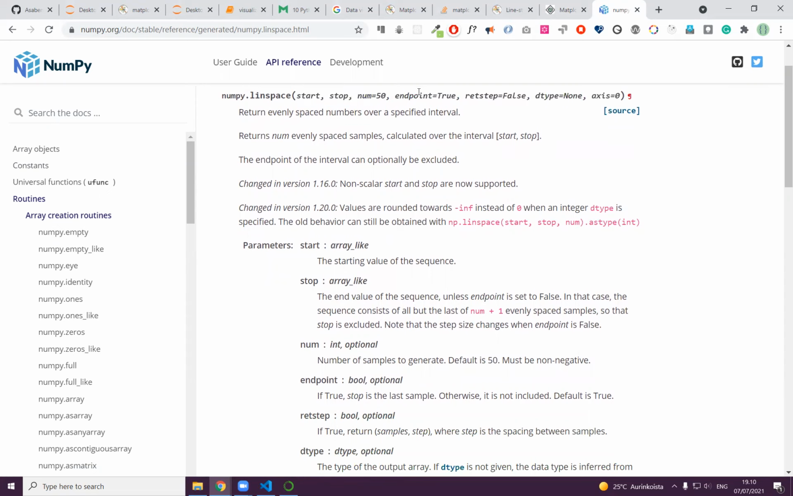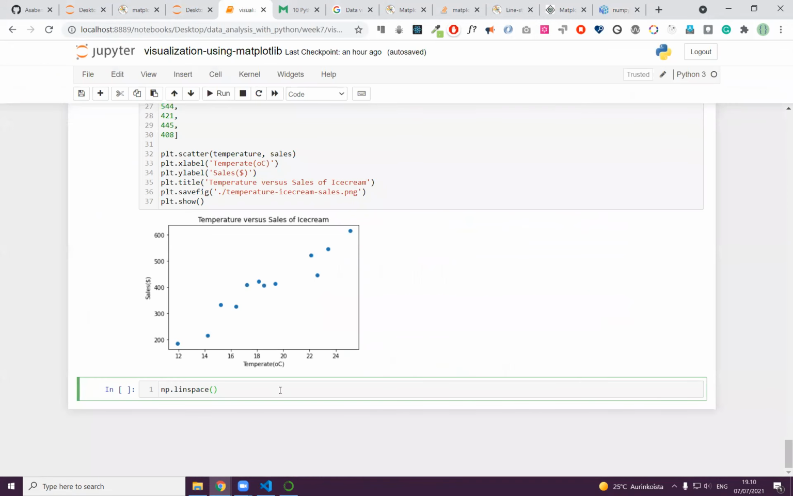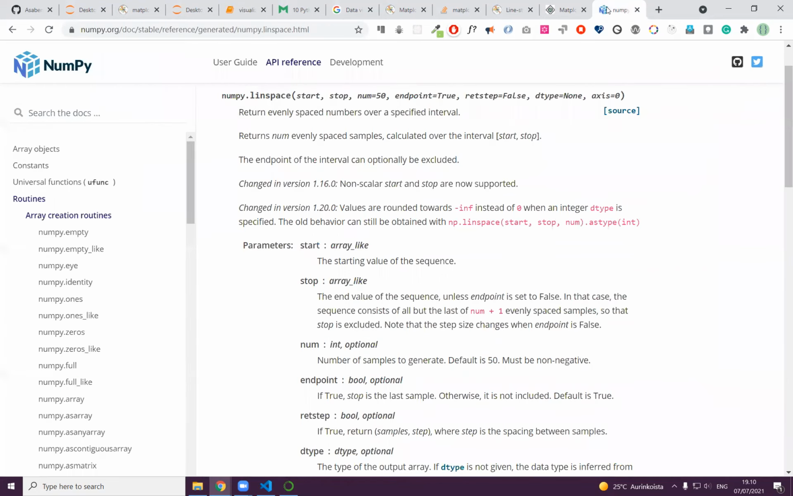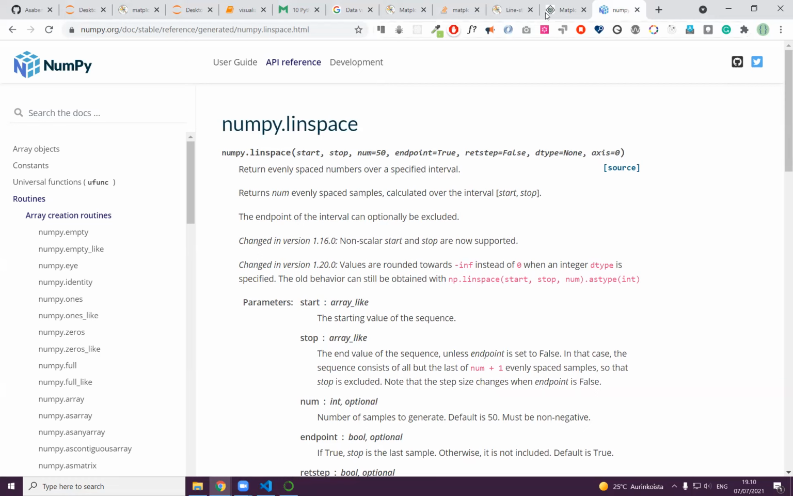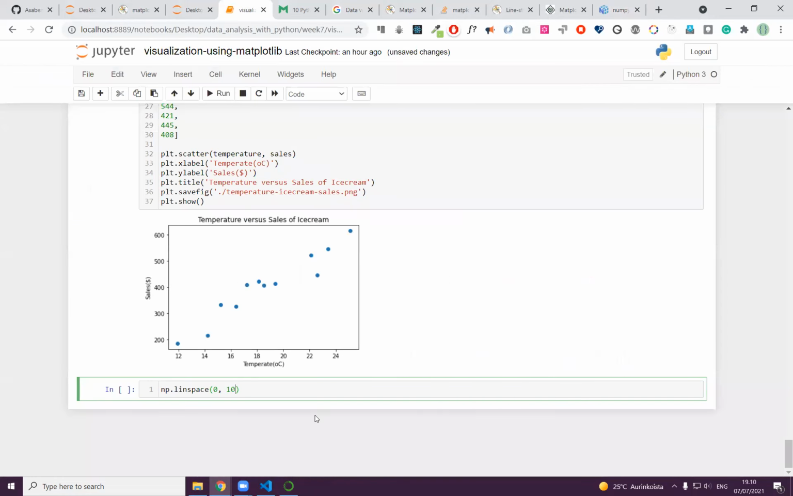If we turn endpoint to false, then what does it do? Let's see. As you can see, I can start from 0, and the endpoint is going to be 10. Is that how it works? Yeah, and then the total size. How many numbers do I want? Maybe it could be 100. And then I can store this in X. Then print